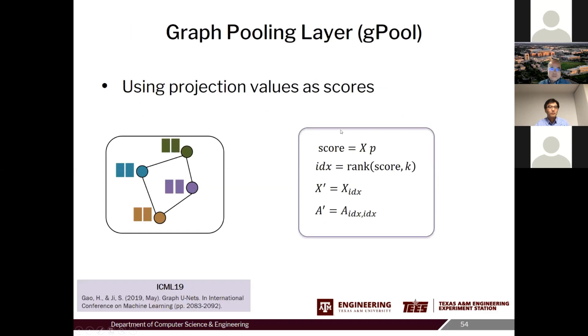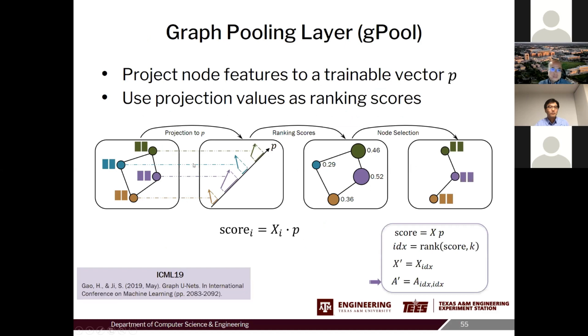This is the mathematical formula. We basically do a projection to compute the score, then we do a ranking and node selection based on the ranking scores. This work was published in ICML last year.